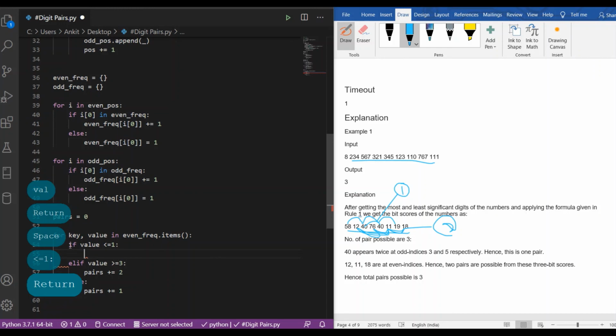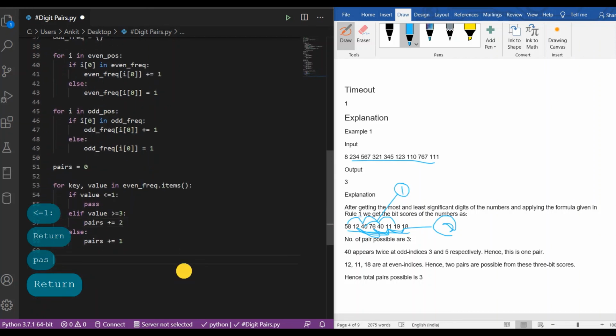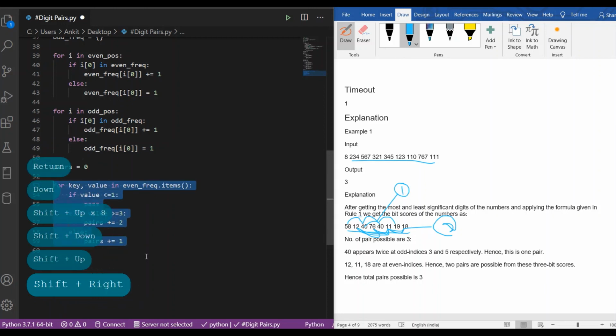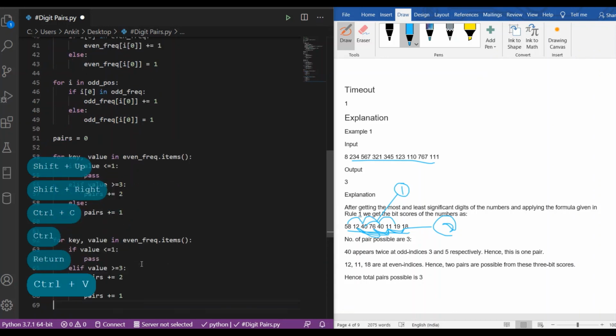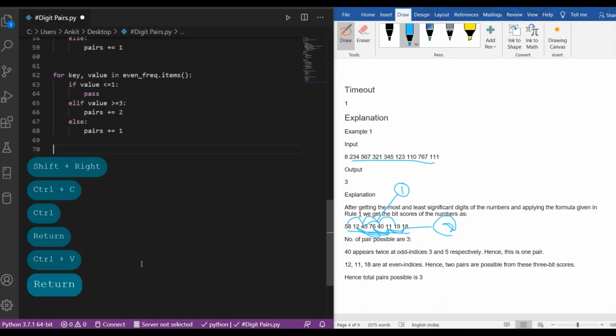Then simply we will pass. So the same thing we have to do with the odd frequency counter also. And in last we have to print the number of the pairs.